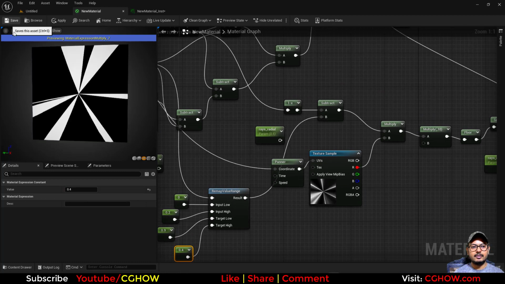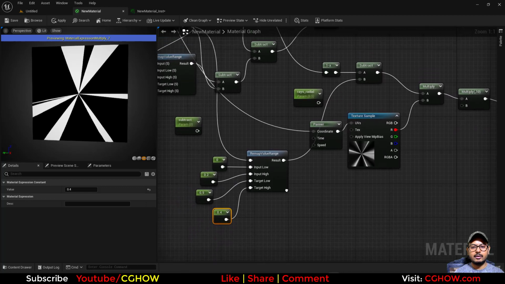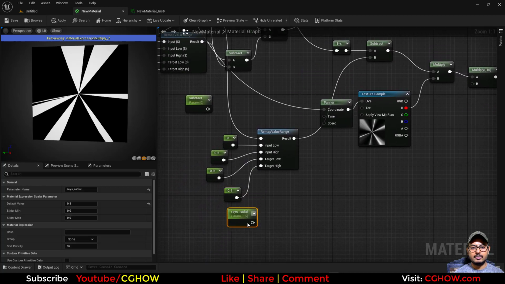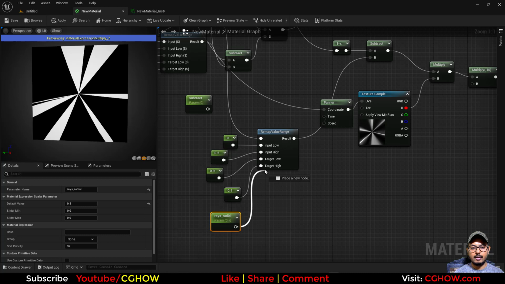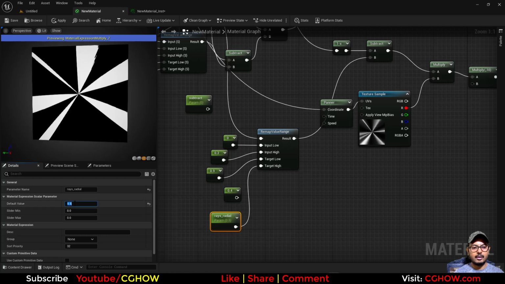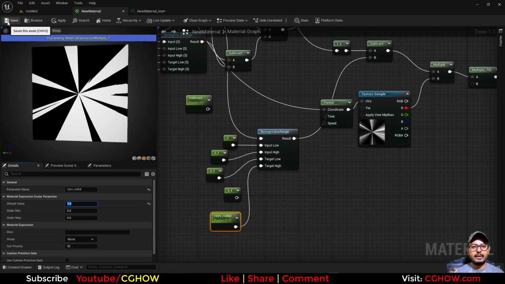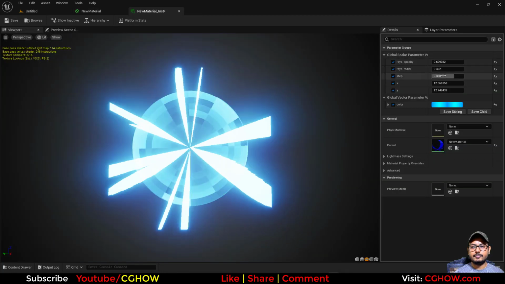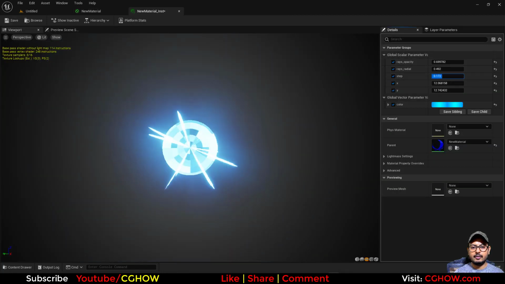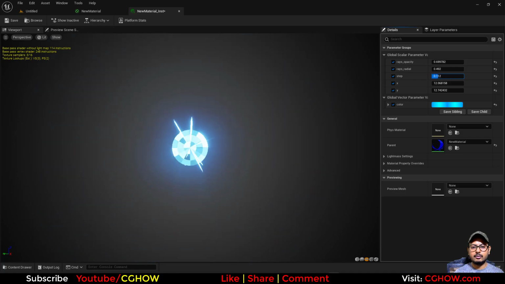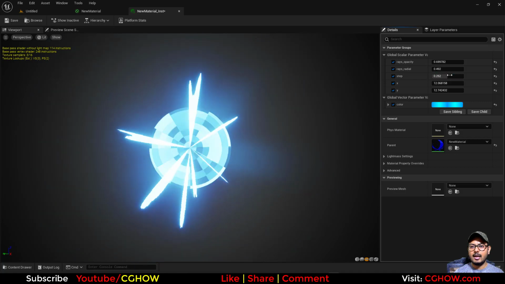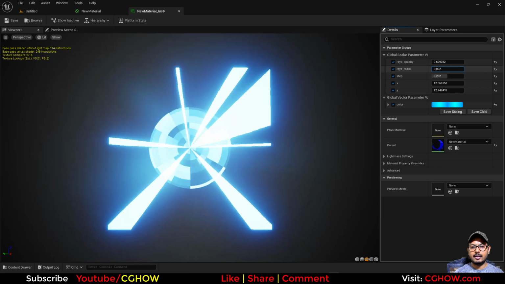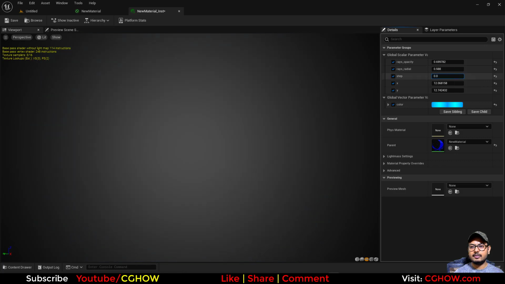Let's save this, and actually you can make this high value a parameter, so you can control there, and let's make it 0.4 by default. Save it. So now here, if I am increasing this value, this flash is also increasing with this, and with this radial I can control this like this,